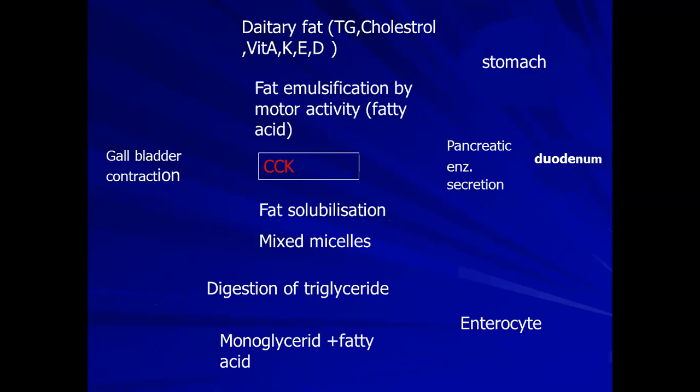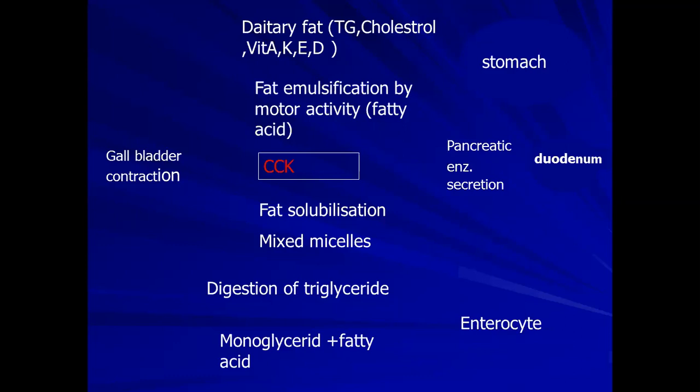The third macronutrient is the fat. Dietary fat contains triglyceride, cholesterol, and also the fat-soluble vitamins A, K, E, and D. Digestion starts in the stomach by chemical and mechanical digestion. There will be fat emulsification by motor activity to change to the fatty acid, which is propelled